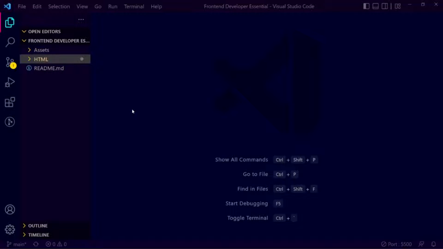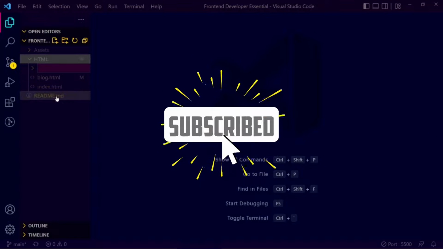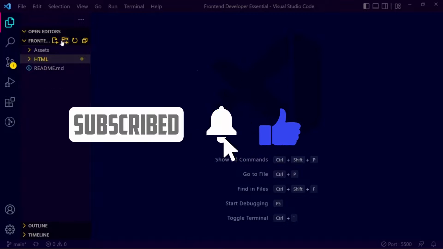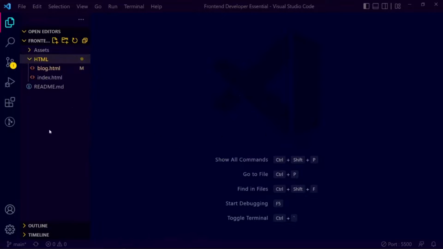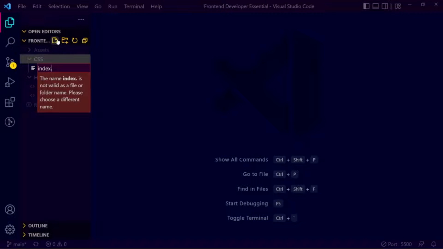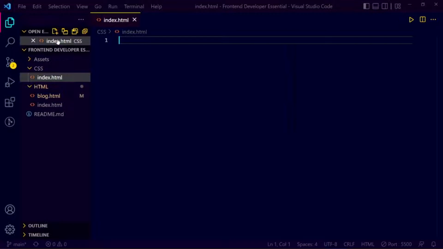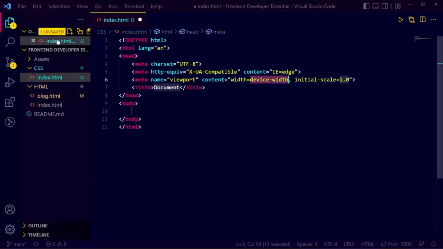So let's get started. First of all, I'm going to create a new folder at the root so that I can provide you the cheat sheet. For creating a new folder, we click on this folder icon, write CSS, name the folder, and here I'm going to create one HTML file to give the content structure to my website. If you do not know anything about HTML, I would recommend you first watch my HTML video, then come here. So here let me give some title, CSS tutorial,